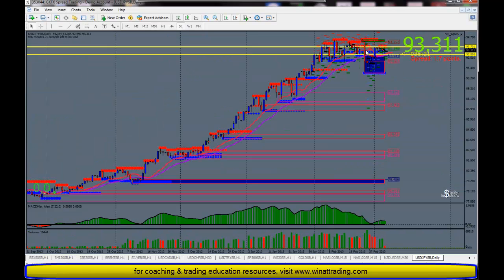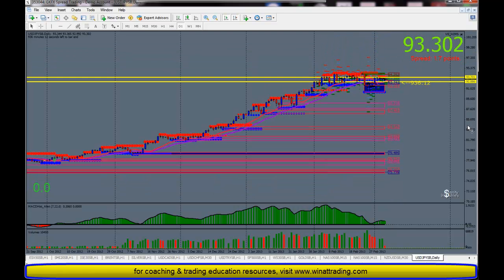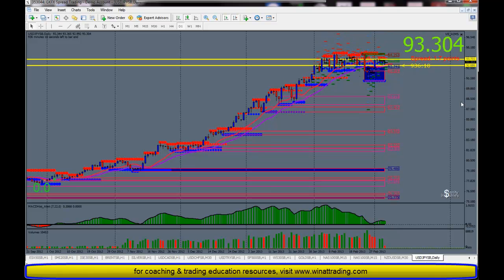On the higher time frames, okay, good. So good area of consolidation. If it breaks to the upside, looks like it's clear air right up there, and it's been a long uptrend